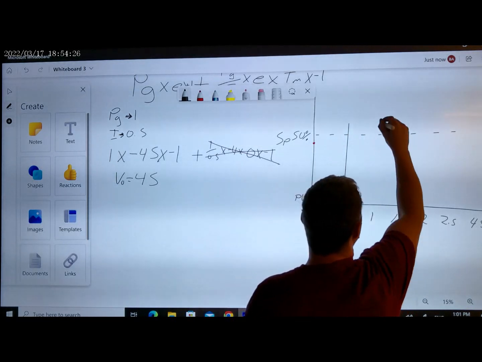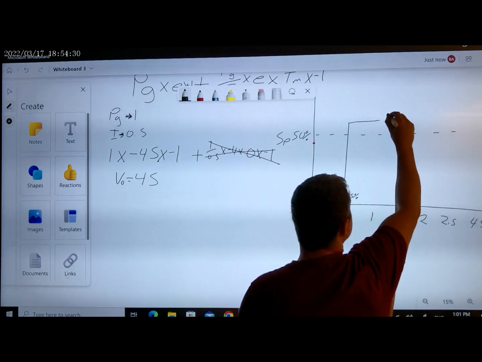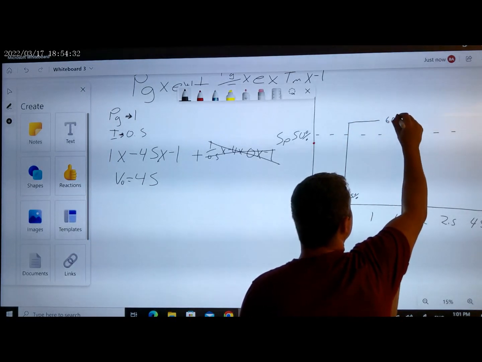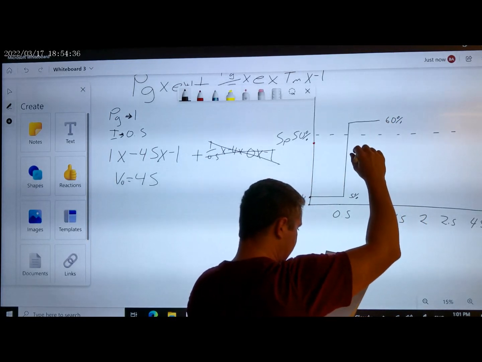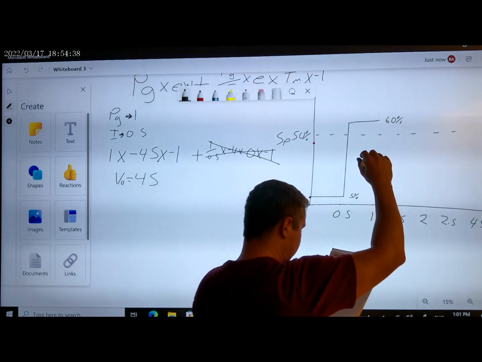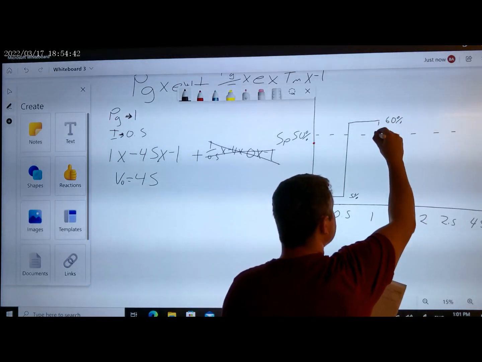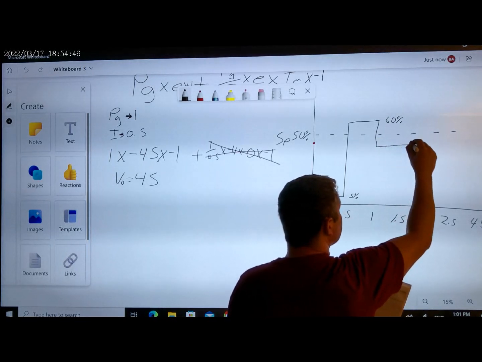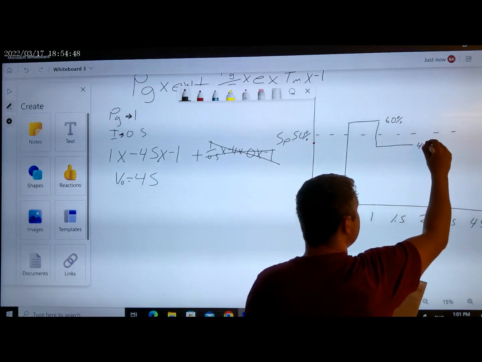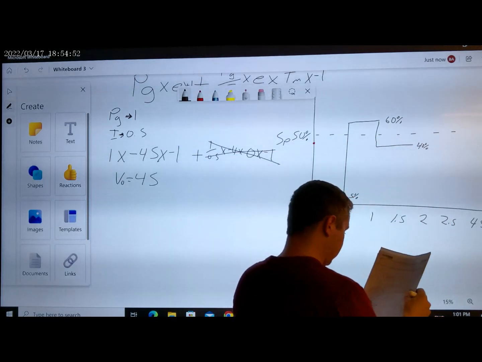And it's going to come along to the 1 minute mark. So that is 60. I know that's on a bit of an angle. That's me, not what's supposed to happen. And then it's going to drop to 40%. That's 40%. And then it's going to go to